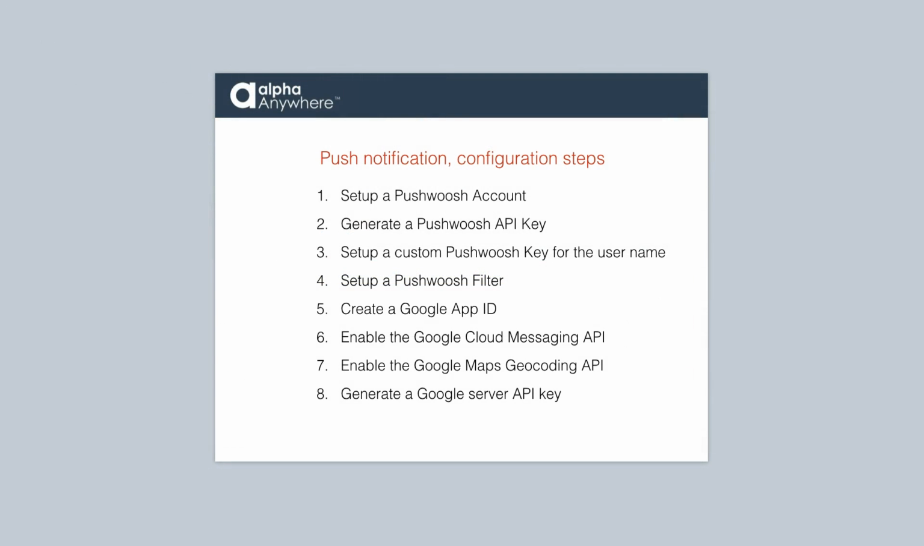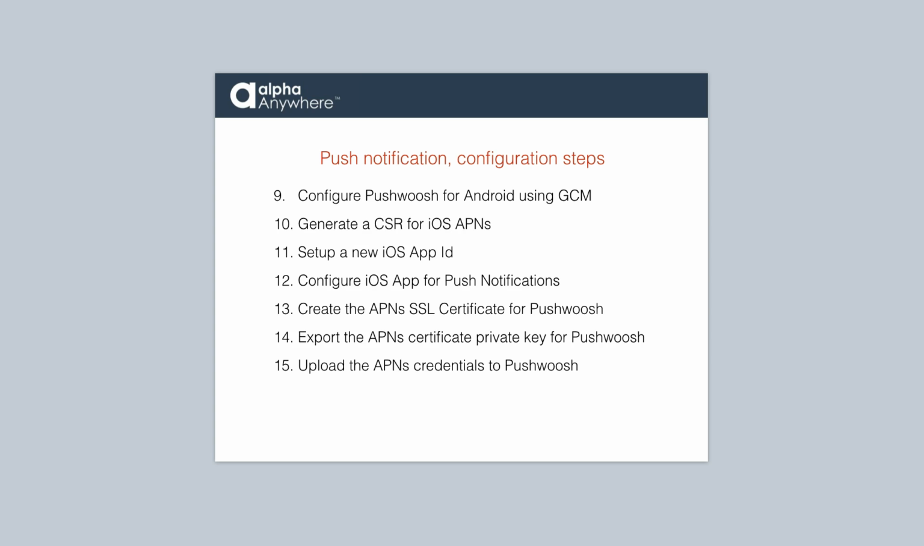In this video, we covered 20 steps required to set up a Pushwoosh account, generate a Pushwoosh API key, set up a custom Pushwoosh key for the logged in username, set up a Pushwoosh filter, create a Google App ID, enable the Google Cloud Messaging API, enable the Google Maps geocoding API, generate a Google Server API key, configure Pushwoosh for Android using Google Cloud Messaging, generate a certificate signing request for the Apple Push Notification service, set up a new iOS app ID, configure the iOS app for push notifications, create the APNS SSL certificate for Pushwoosh,